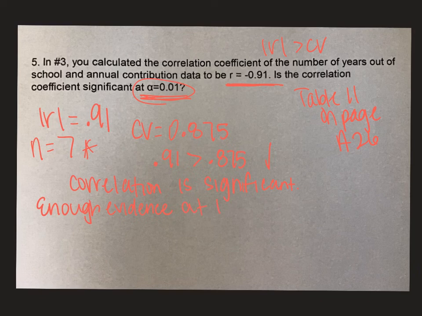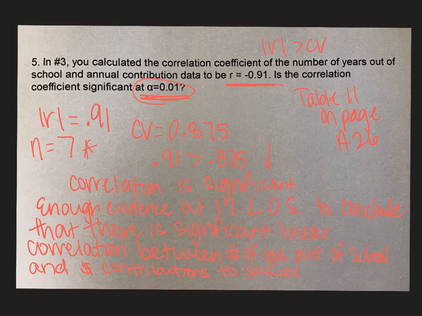So enough evidence at a 1% level of significance or level of confidence, it really doesn't matter, to conclude that there is significant linear correlation between the number of years out of school and money contributions